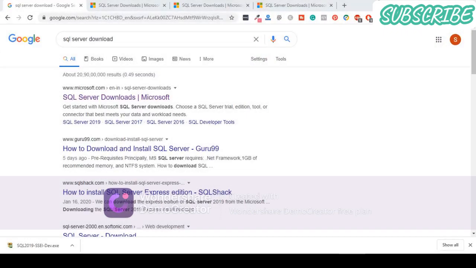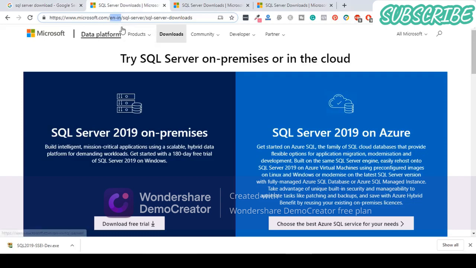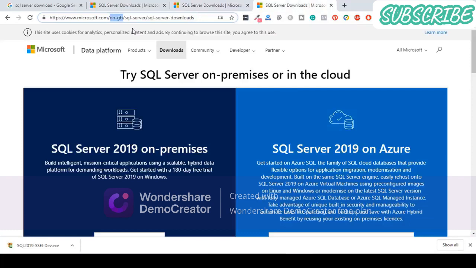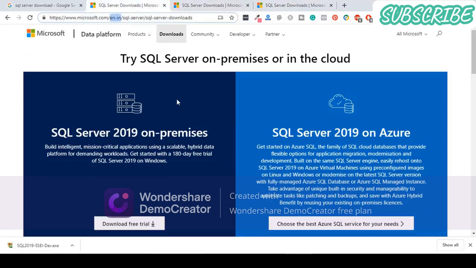Now let us start by installing the free version of Microsoft SQL Server. Just go to your browser and search for SQL Server download, and the very first link you get is SQL Server downloads. Once you click there you'll get this link. As I am staying in India, I'm getting en-in in the link. If you are staying in the US, you will get en-US, and if you are in Great Britain, then you have en-GB. You can click on any of these links. Let's say I am on this link, en-in,